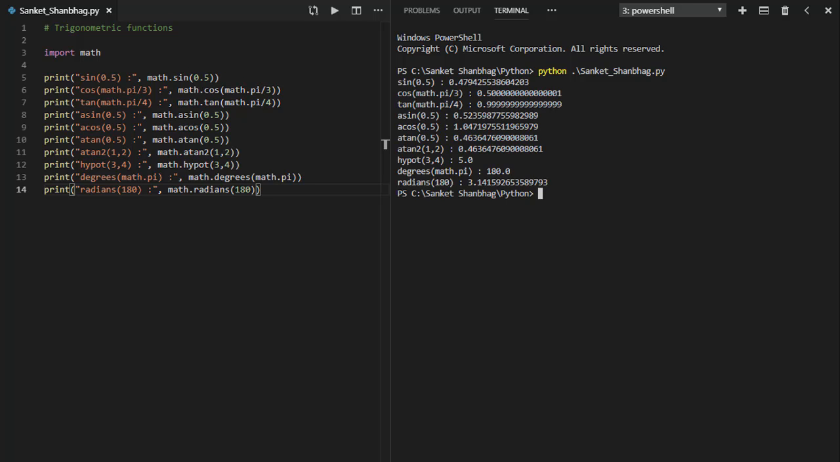In the next program, I am going to cover trigonometric functions. Trigonometric functions are available in math module. We can get sine of value using sin function, cosine of value using cos function, tangent of value using tan